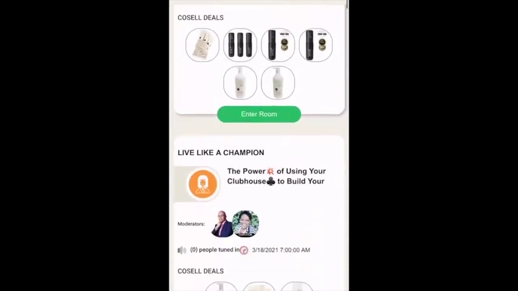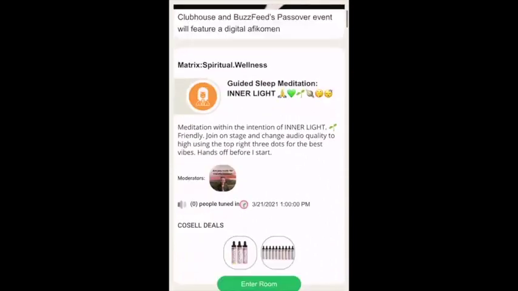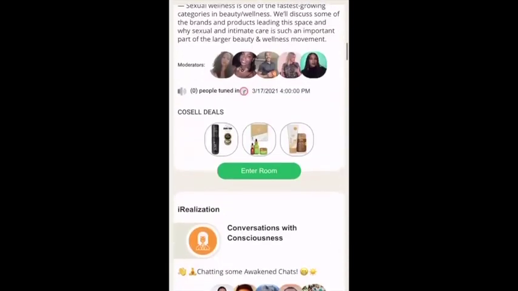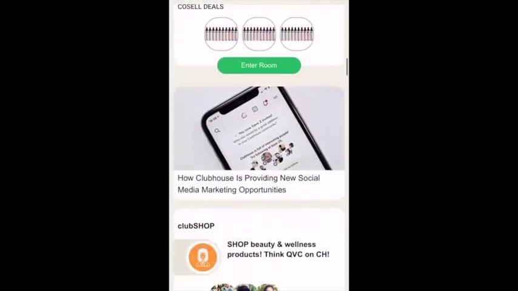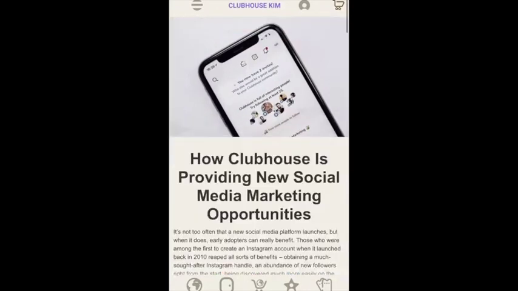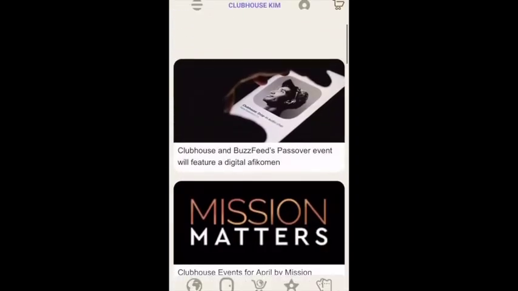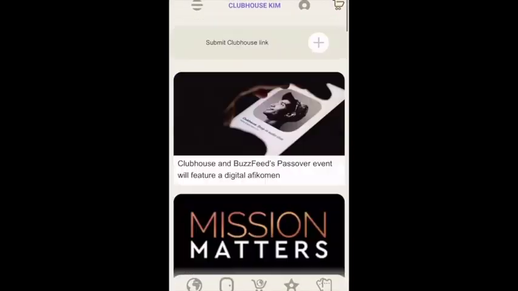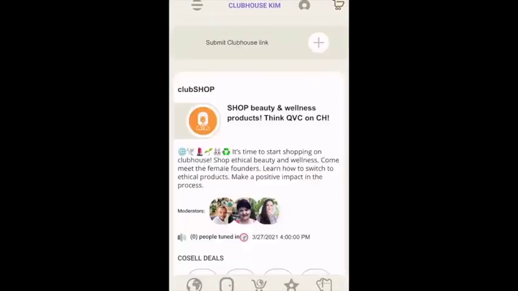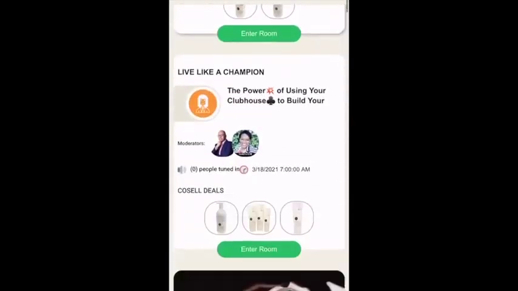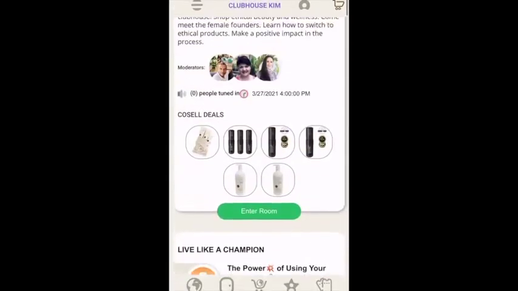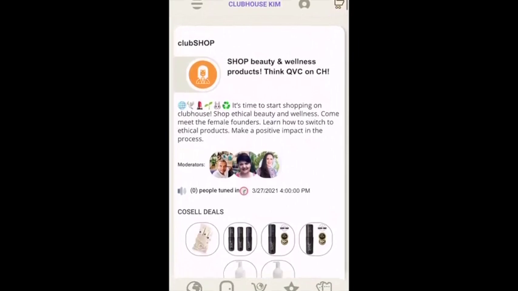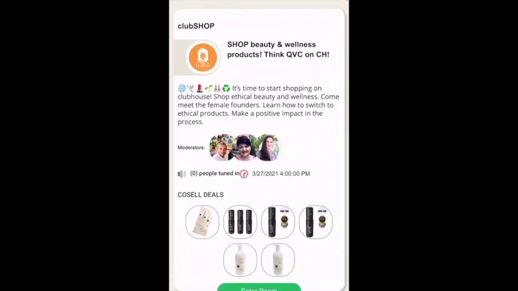And you'll see it looks very similar to the actual Clubhouse, but it has a layer of media built into it. So here's an example of some interesting information. There's more you can learn about Clubhouse, what's going on, and so on. And of course, the feed has rooms as well, curated rooms, so one can find something that is recommended rather than the absolute deluge that is on Clubhouse.